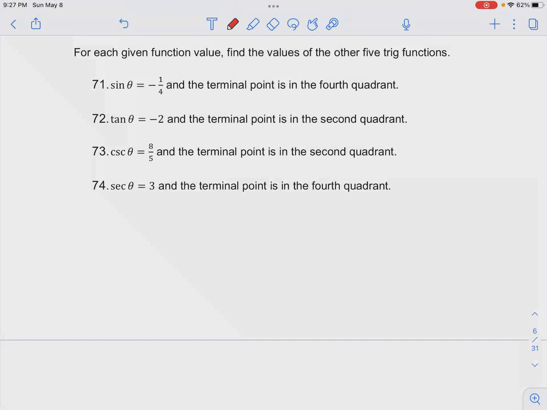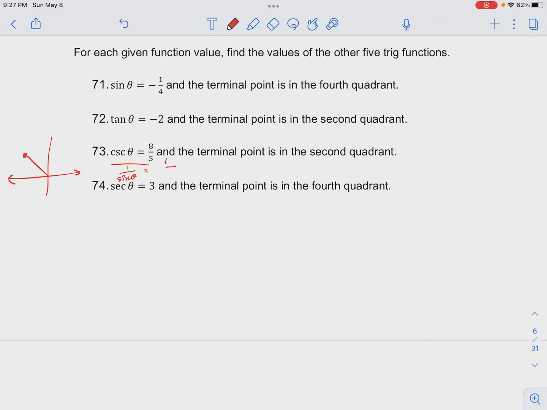Number 73 in a class trig for the unit circle, we have a value of cosecant theta as 8 over 5 and a terminal point in the second quadrant. So if we know that our point occurs in quadrant 2, so that'll be somewhere here, we have a value of cosine of theta as 8 over 5. And since cosecant of theta is the same as the reciprocal of sine of theta,